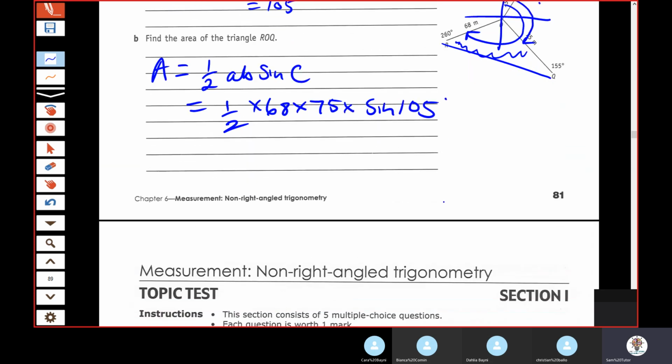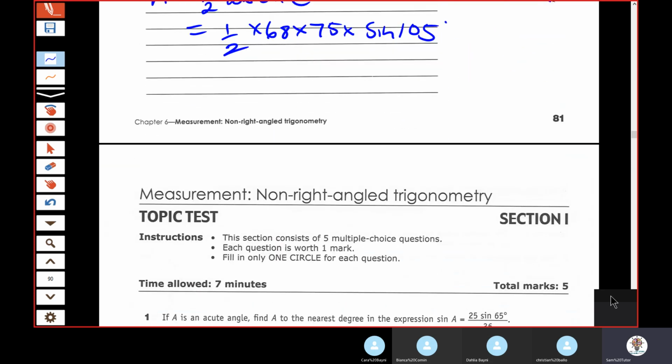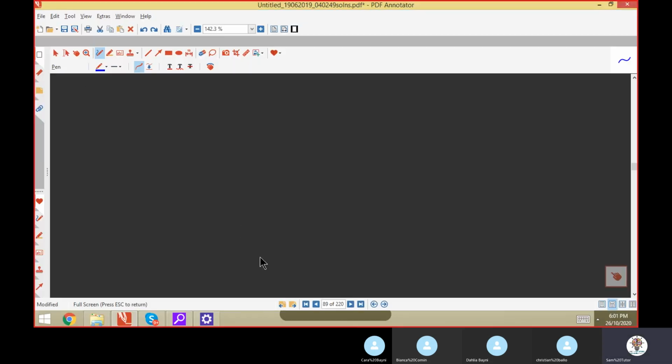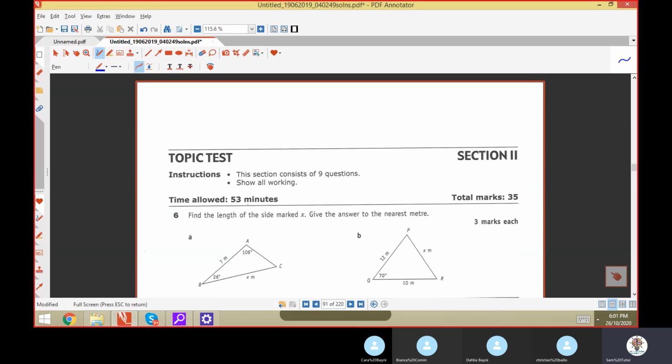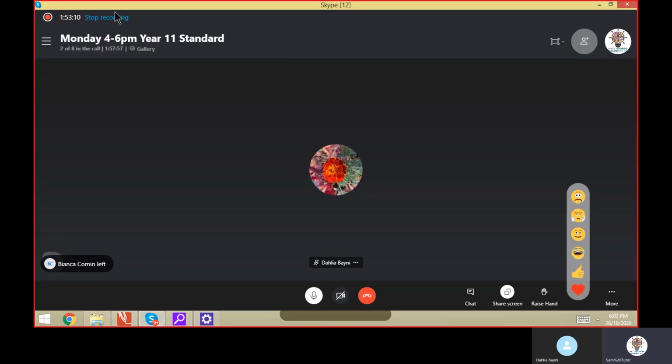All right, we'll wrap it up. Oh, done. Trig is done. Next week we'll revise. I was hoping to today, but next week we're going to revise trig and simultaneous equations, which was our first lesson. And then the week after, it looks like we're going to be doing finance. We'll start finance. So that's the plan. All right, if you guys have any questions,